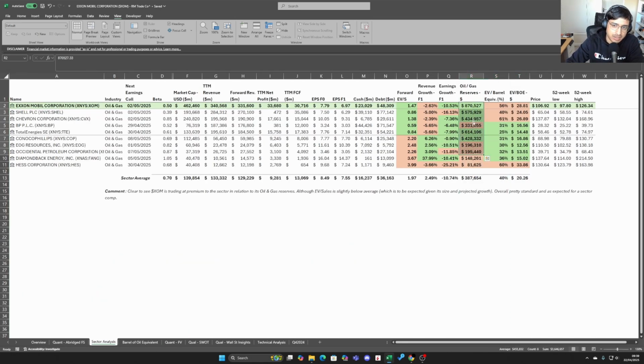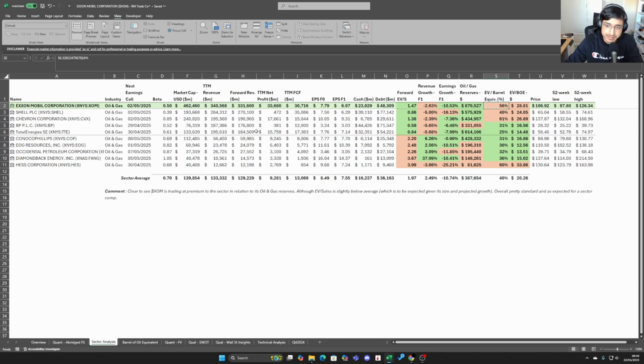So all these figures I've gone off in different analysis for every other company and got the oil and gas reserves in dollar value, and then that is divided by the enterprise value of the company, which, as I've already mentioned, is just the market cap minus cash plus the debt. And so from this analysis, you can see, first and foremost, Exxon have by far the greatest oil and gas reserve in dollar value, which backs up the fact that it has by far the largest market cap in the sector, which again is primarily driven by this Guyanese offshore find that they essentially stumbled upon and managed to get, which was fantastic for them.